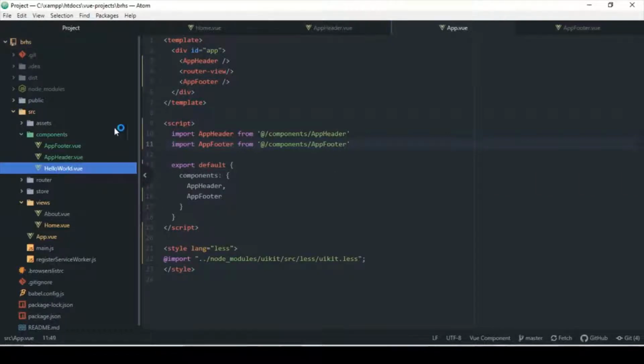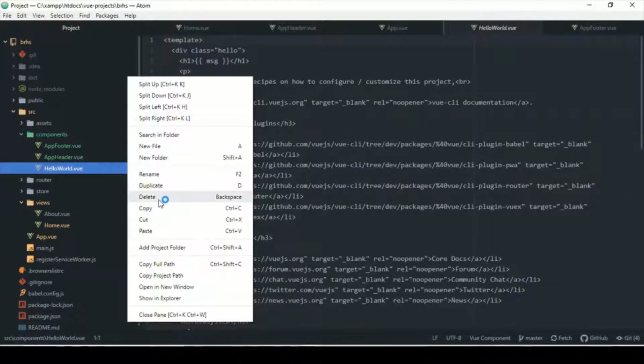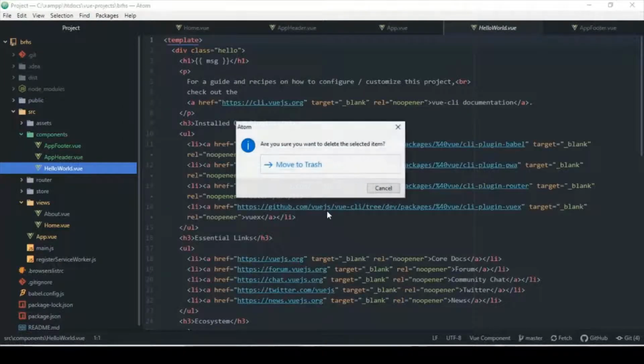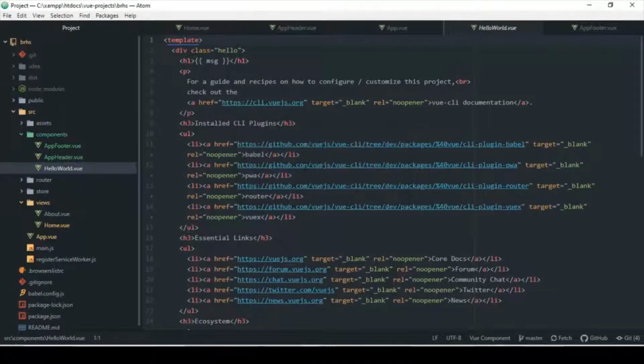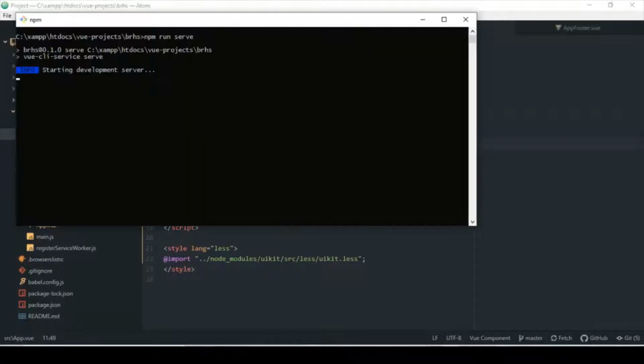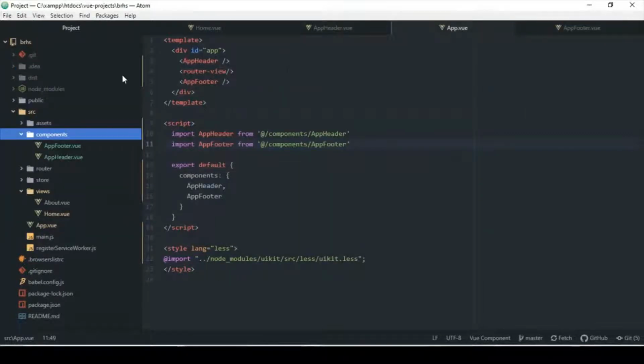Just realized that I can delete this here. We don't really need that. I'm gonna delete this hello world component. I don't think we have that in any other of our thing here. That's great. You know, this is loading. So what we're gonna do is to just head over to this app header,